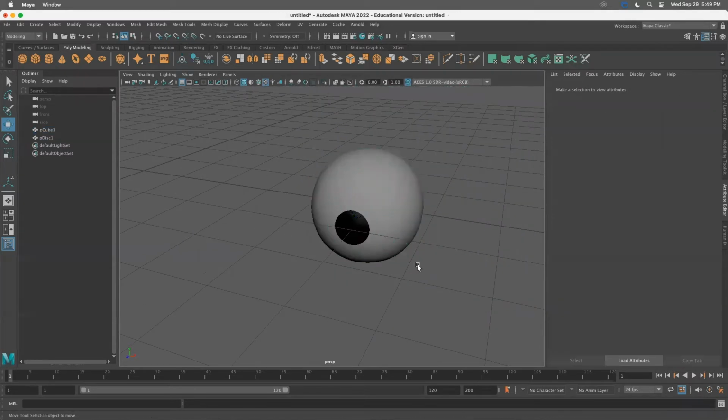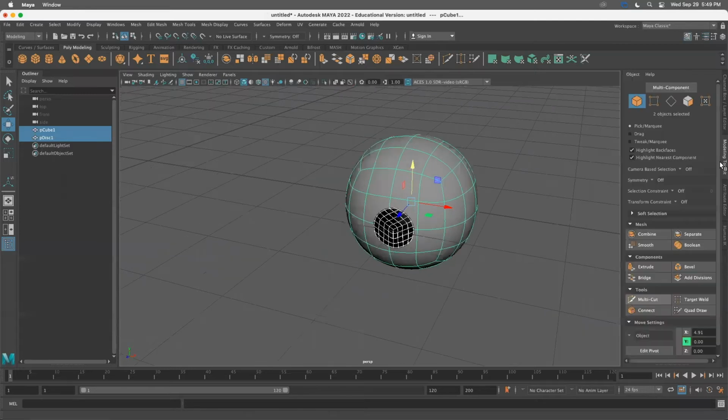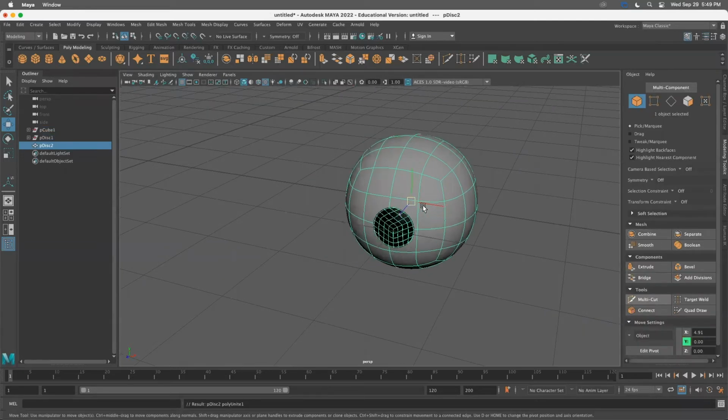All right, so I'm gonna combine these two. Now this is just one object. From now on, we're gonna repeat the same thing that we did earlier. It didn't work, for whatever reason. And first of all,